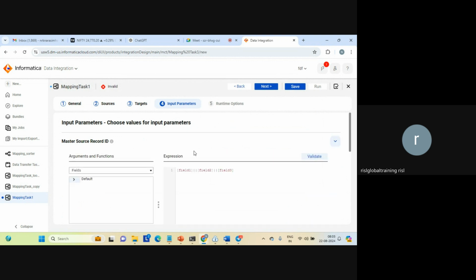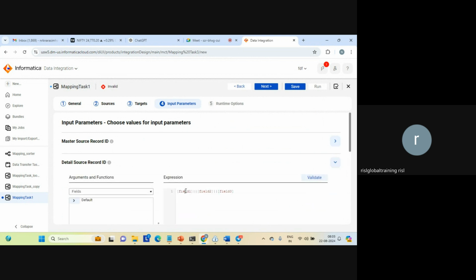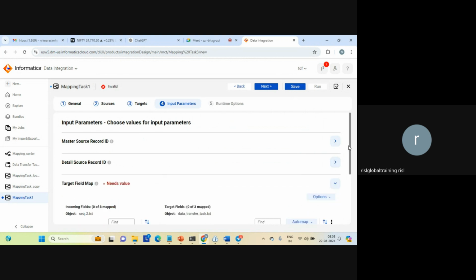Master, select a field which is C1, then compress, then select the detail field which is C1, validate, compress, then